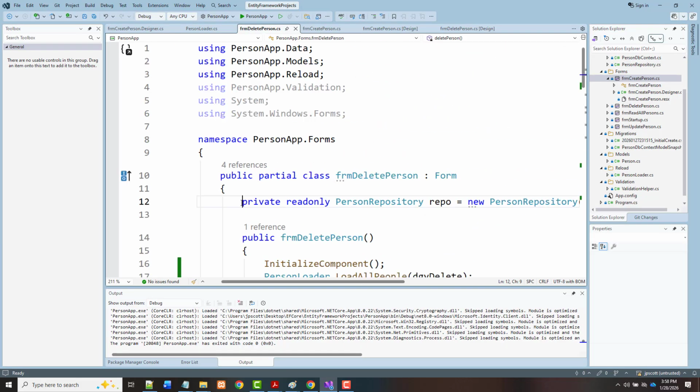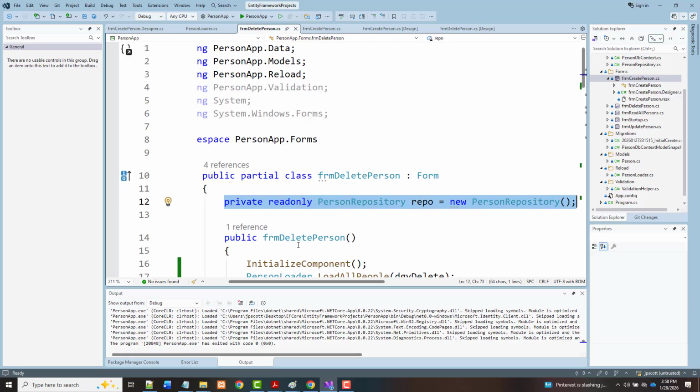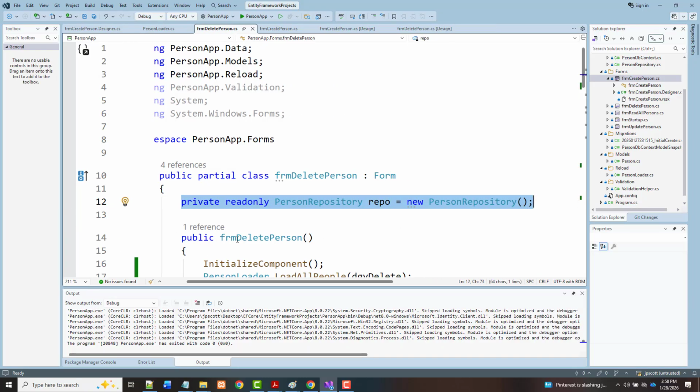But if we look at it right now, there's a couple things I wanted to mention to you. The first is this, because I don't know if we ever explained this line of code, so I'd like to try to explain it right now. It says private read-only person repository repo equals new person repository. All right, it's declaring a read-only field of type person repository called repo. It's private, meaning it can only be accessed inside of the class where it's declared. It's read-only,